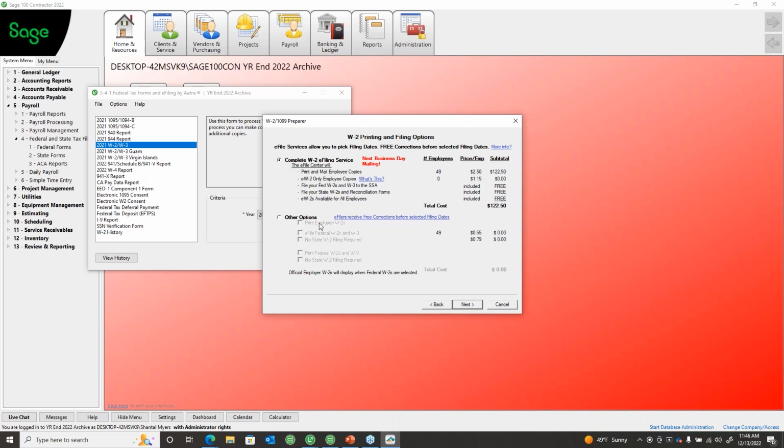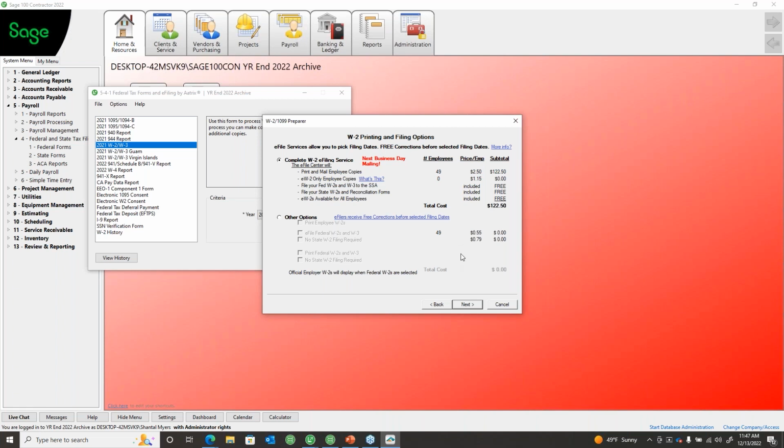If you compare that to a complete W2 package, it's $122 for 50 employees for them to do everything for you. Stuff envelopes, mail them, print them and mail them, e-file your W2s, things like that. So we're not e-filing any. Notice it's $0. If they were e-filing, it'd be $1.15. So compare pricing, things like that before you move forward. You see that it's $2.50 for them to print and mail. How many employees do you have? Figure out what that cost is, as opposed to your team buying the paper, printing them, stuffing the envelopes, buying the stamps. I think it's a lot more cost effective, and obviously for time saving purposes